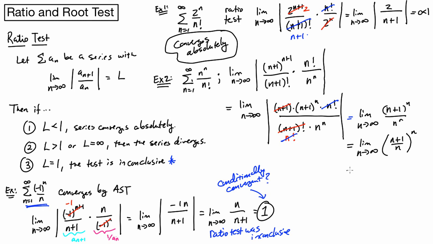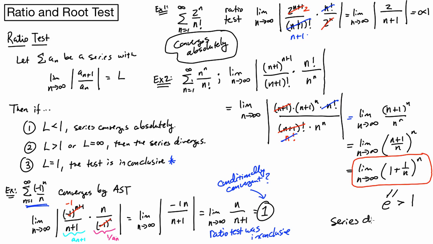And I'm going to do one more small step here and write this limit as the limit as n goes to infinity of (n over n, that is) 1 plus 1 over n raised to the n. Now this is one of those limits that either you know it or you don't. This is not one that you can just figure out by looking at it. It's a really important limit in mathematics. I know when I taught Calculus 1, I would always bring this limit up to students. This is the limit form for the exponential e. So this limit is equal to e, and since e is greater than 1, this series diverges